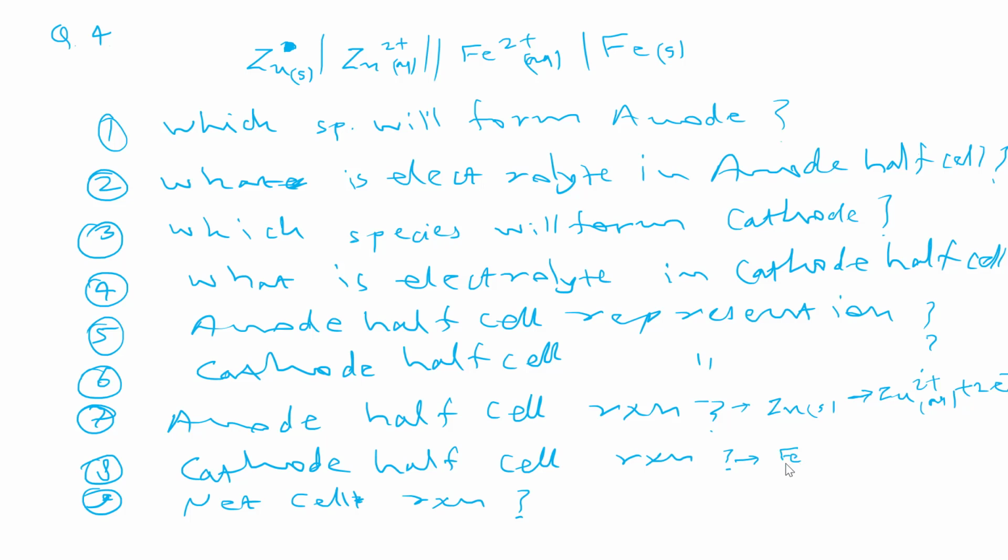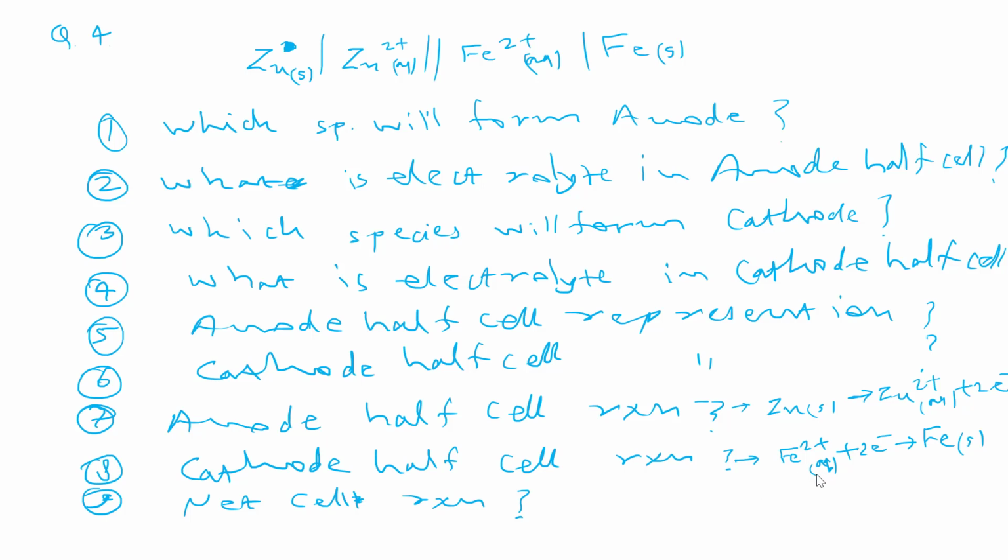In order to balance the electrons that are lost by zinc and gained by iron, we actually need not have 2 of Fe2+ ion here, because one ion can accept 2 electrons. As you can see, the charge is plus 2 here, and on Fe it is 0. So the charge difference is equal in both half cell reactions, so you need not multiply this reaction with 2. This is already balanced.